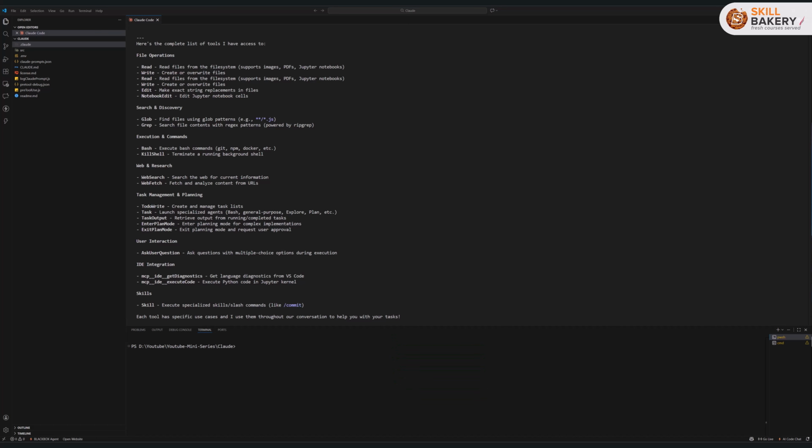Then we have the web and research, so it can perform web search, web fetch. It has got these task management and planning tools like to do write, task output, enter plan mode, which is enter planning mode for complex implementations, exit plan mode, exit planning mode, and request user approval. Then it has got this user interaction, ask user question, ask questions with multiple choice options during